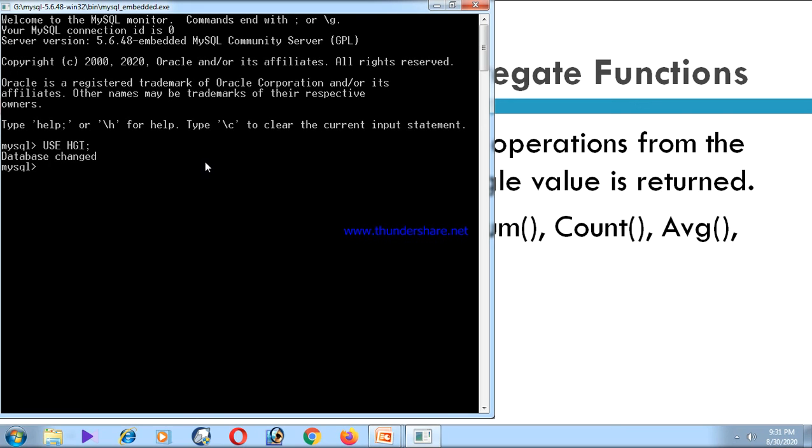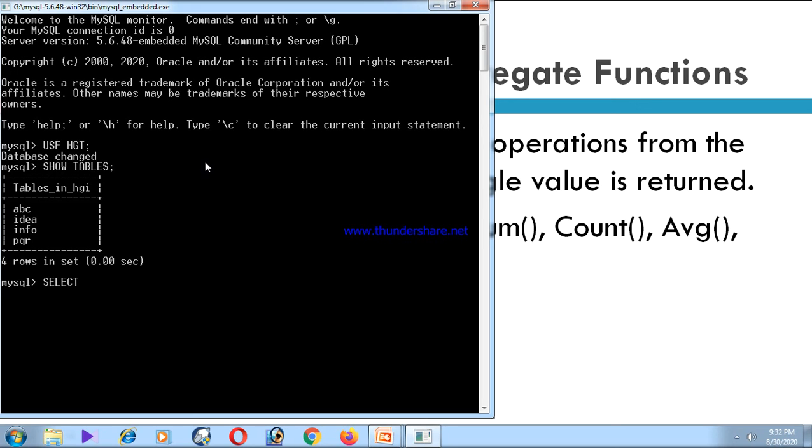If I want to know how many tables are there in this particular database, my well-known command is show tables, right? 1, 2, 3, 4 different tables are there in this particular database. So in this video we will work on the ABC table. Very first I want to show what is there in the ABC table. So the command is select star from ABC.